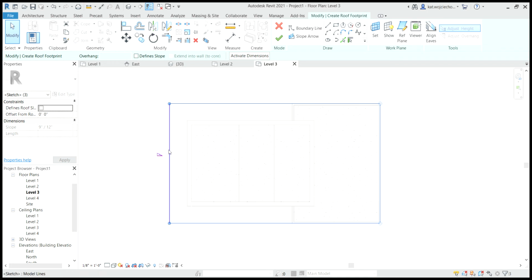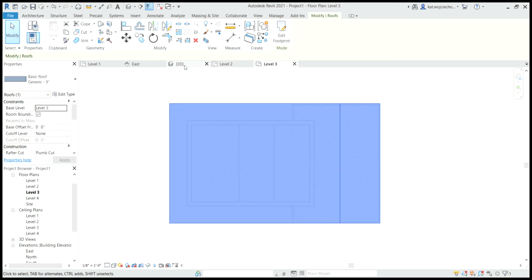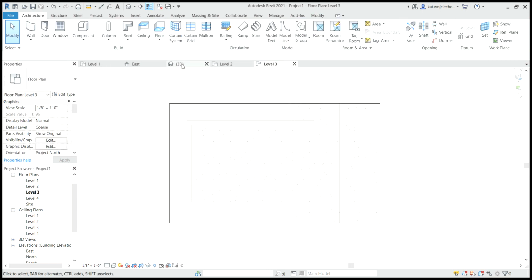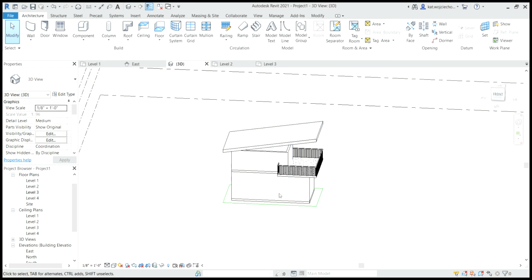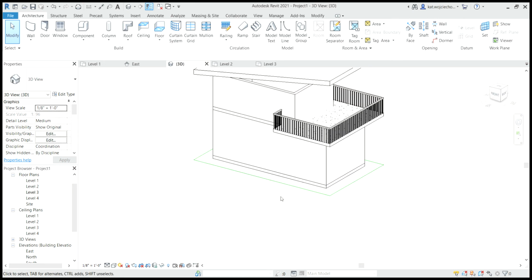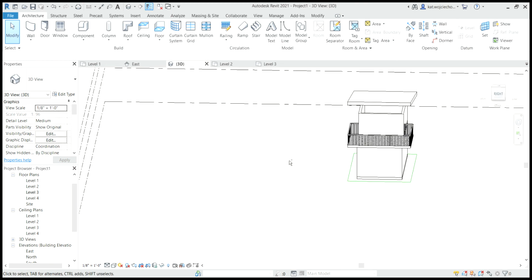And then for this last line, we're going to change the slope to be 2 inches to 12 inches. So hit that. Alright. Hit OK. And let's see if that worked for us. Go to the 3D, and it did.